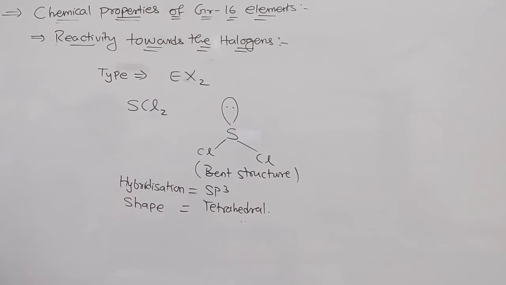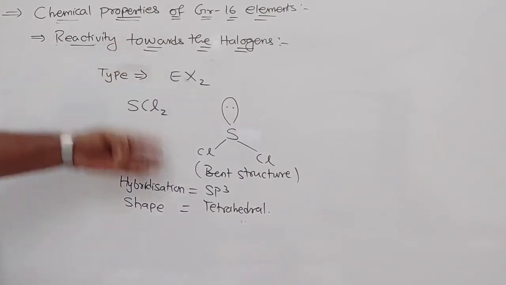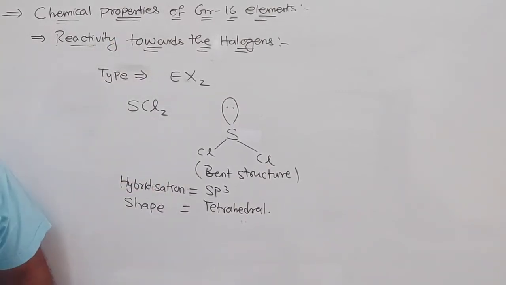You can go through it in your textbook. But I think this one will be your ready reference. So write it down in your fair book, all this geometry and all the things we have written. You have studied this in 11th standard, 4th chapter, chemical bonding and molecular structure. Many things you have studied, you can see the 11th standard textbook also for this. So these are the things we have discussed.